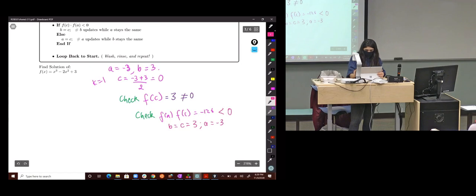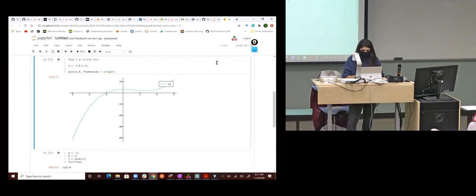Next iteration, we do k equals 2, and we get c equals the updated a, which is -3, and the updated b, which is 0 right here. My bad, so this thing is 0. So updated a, which is -3, and updated b, which is 0, divided by 2 equals -1.5. Let's not solve it. Let's try to get